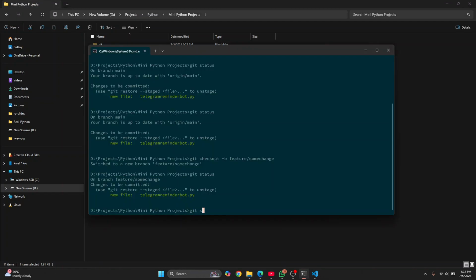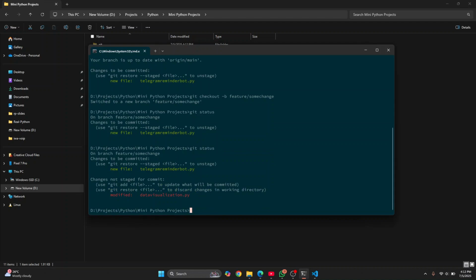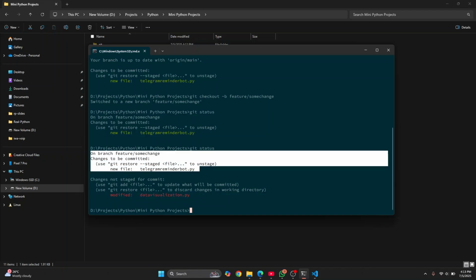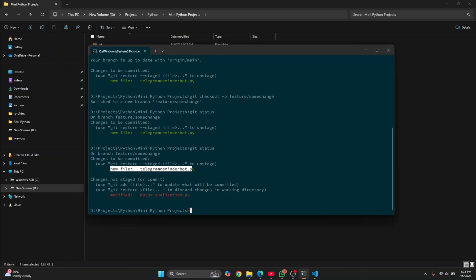Now let's again check the status. As you can see, it is saying modified data visualization. So for this, ignore this. I've not yet pushed this file, so it's just showing green for a new file. You can just ignore this. So I've modified this file. Now just add the commit message